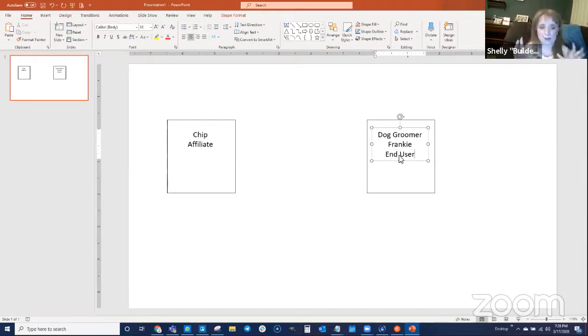All right, so it's important to remember this. When Chip offers this to Frankie, Frankie's coming in as an end user, not an affiliate. They're going to come in as one that's going to just use the tools. In fact, they're going to be on the free plan. So they're really only going to use, in the beginning, Cheetah and Mailing Boss. That's it. That's all they're going to get inside of Builderall is Cheetah and Mailing Boss. So that's really important.